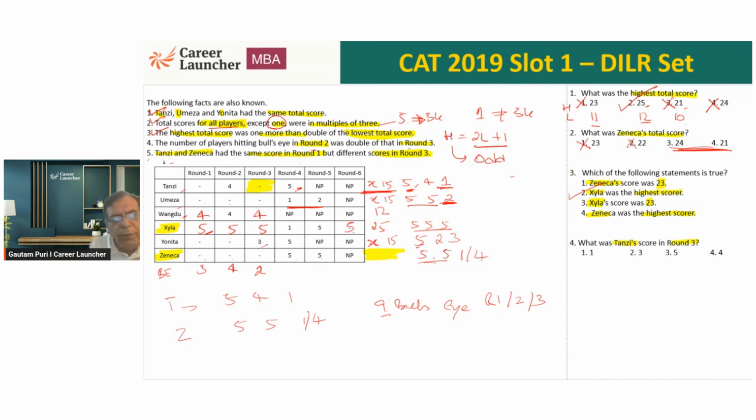Yeah. So if I'm looking at bullseye, in round 1, there have to be 3 bullseye. In round 2, there have to be 4 bullseye. And in round 3, there have to be 2 bullseye. This is what we need to be doing. Okay. Now,